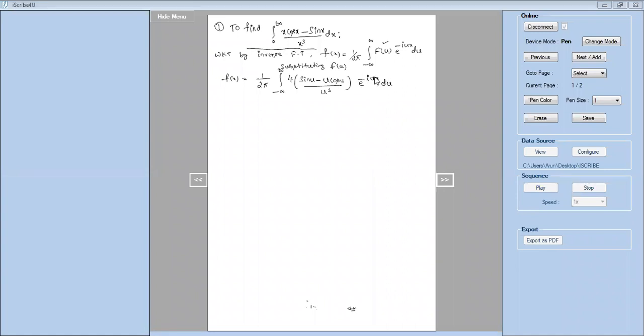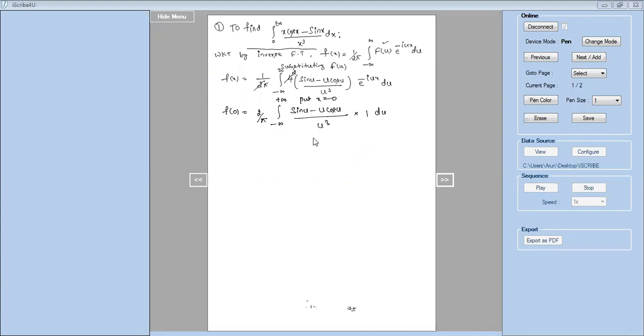To eliminate this term, what can I do? Let us give x is equal to 0. So it becomes e power 0, and e power 0 is 1. This is how you have to select the value of x. So for this one, I'll put x is equal to 0. We get f of 0 equals, these two 2s, so I can write 2 by pi integral from minus infinity to plus infinity of (sin u minus u cos u) divided by u cube into e power 0, which is 1, du. Correct? So if I put x is equal to 0, e power 0 is 1.